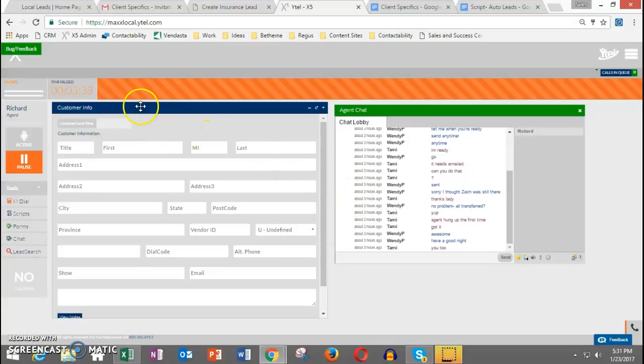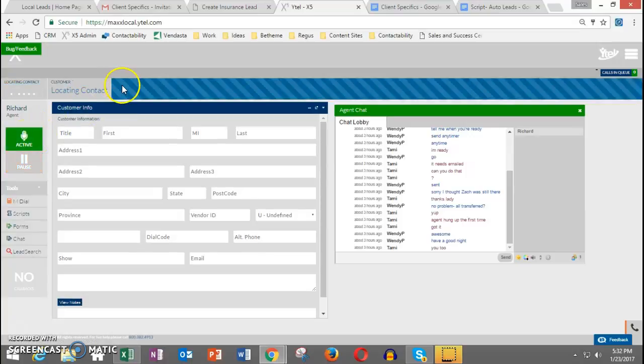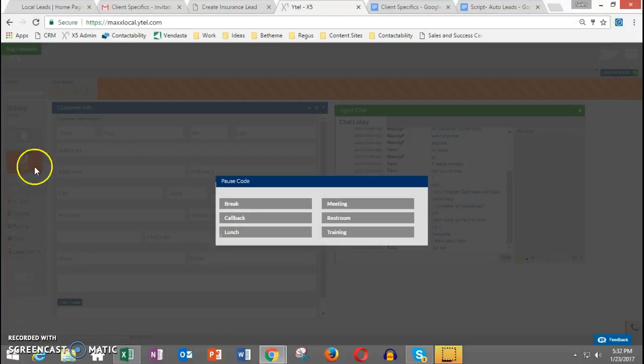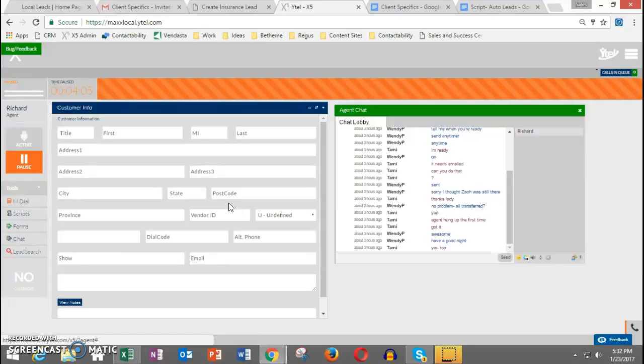Now, when you log in, you are going to be in paused mode. So you can see right here, this is orange, and your button right here is highlighted. That means you're on pause. Basically, you cannot take any phone calls. There's not going to be any calls in or calls out from your line, and nothing will come into your headset. Now, if you want to start taking phone calls, all you got to do is just hit the active button. Click active, everything's going to turn blue and green, and it'll allow a call to come in. Okay, I'm going to go ahead and hit pause so we don't end up taking a call while we're on this webinar, and just so I can show you a couple other things.